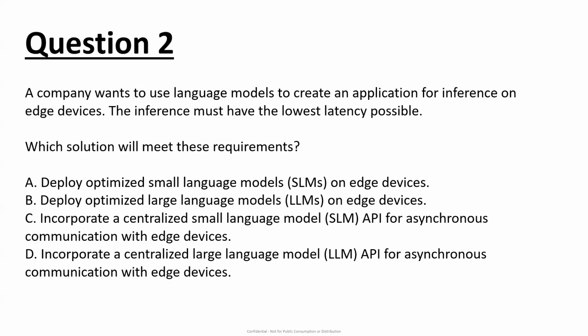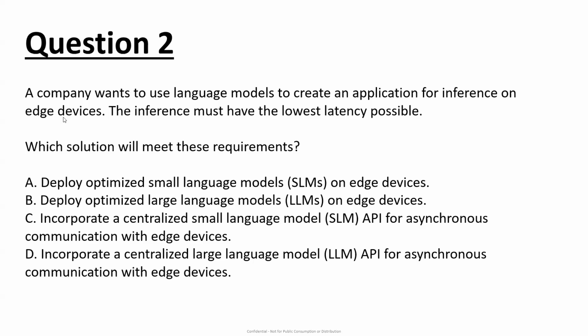Obviously, where we need to cater to a large organization or a very big data set, LLM is the base service or the base model. But the thing is here, the question is clearly saying lowest latency possible, and they are telling inference on edge